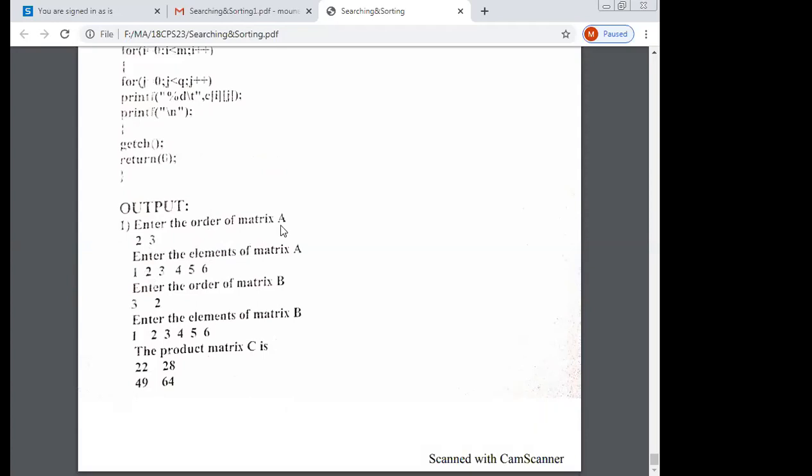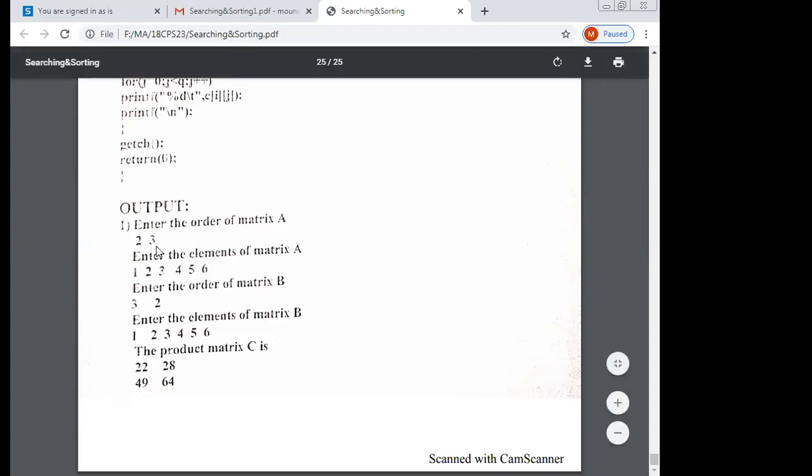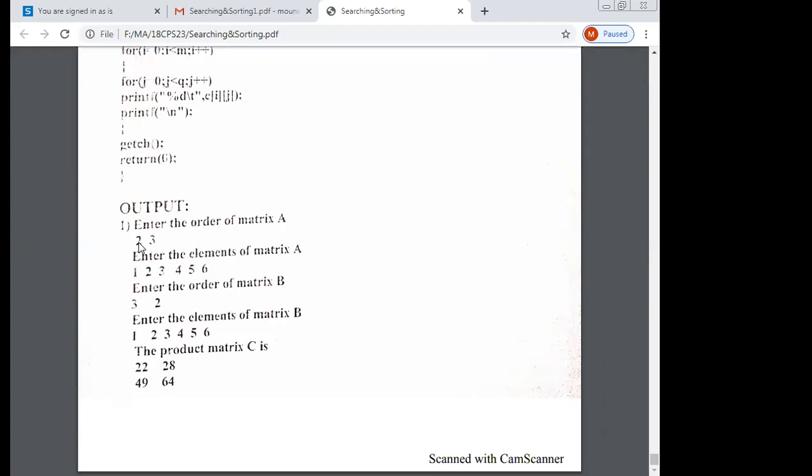Enter the order of matrix A, I have taken 2 and 3. Row, sir. 2 is a row. Yes, row. 2 is the row because of the condition for i is equal to 0, that is the outer loop. And then 3 is the column. Okay.